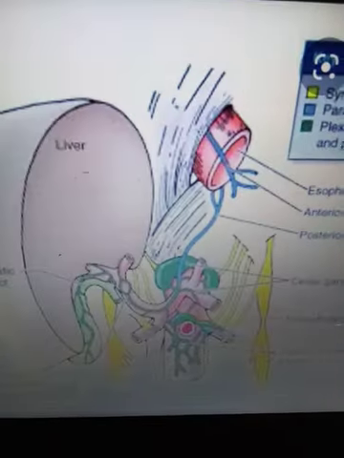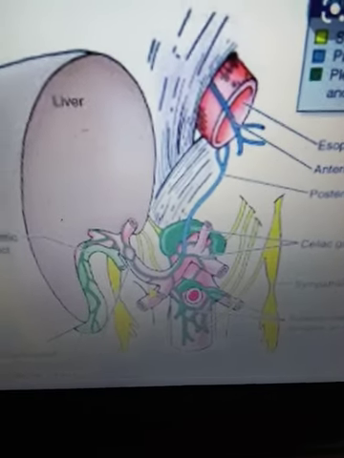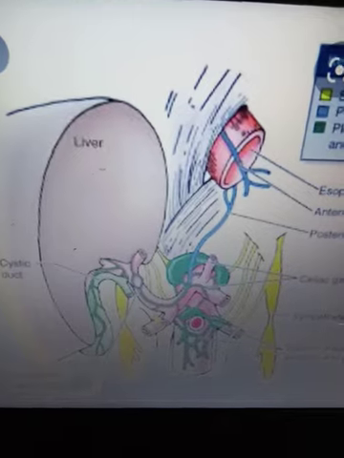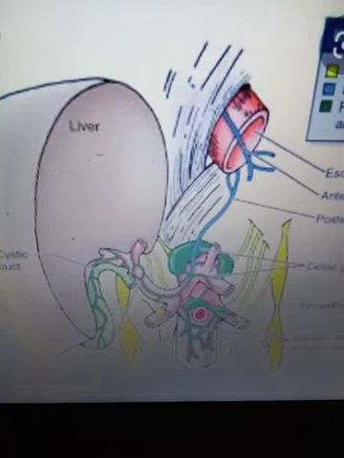Then talking about the nervous supply. As you can see in the picture, the nervous supply of this extrahepatic biliary